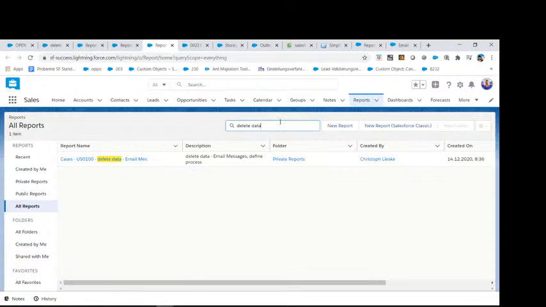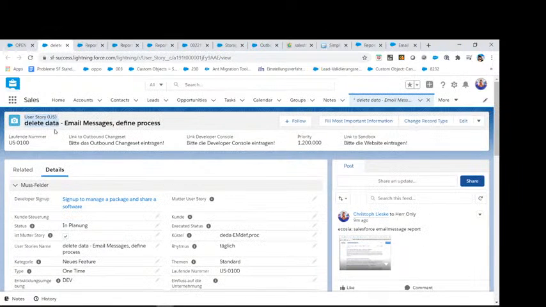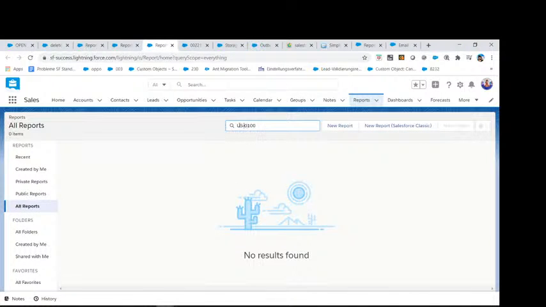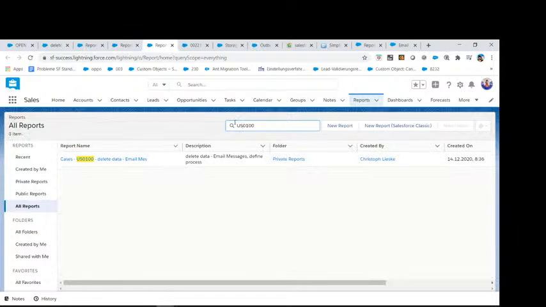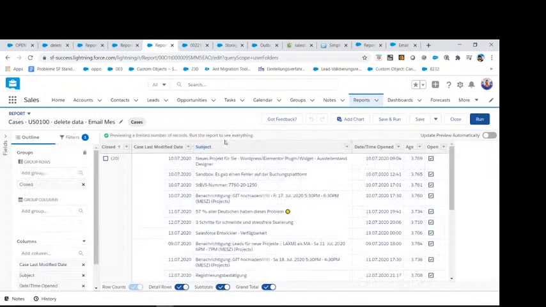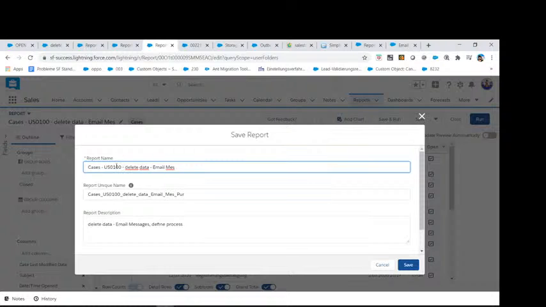We can just take some user story stuff and we are able to find a report for sure. So this is how to use this actually, but the description should also be done, and we are also able to get the number. As you can see, we cannot find it, but if we are deleting like this, we can do it. But maybe we should just go in and save it in another way. And let's go to the properties. Yeah, that is what you really have to look at.